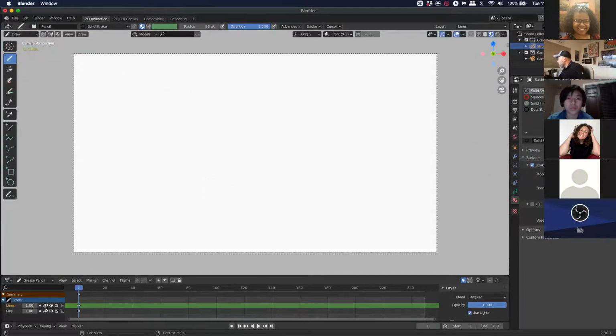You can add new materials up here. So we can make a new material, and then it gives us a new slot. These are called material slots up here, and then these are our actual material choices down here. I don't particularly like this part of the interface, but it is what it is. So we hit new, and then now we have a new material, and I'll rename this